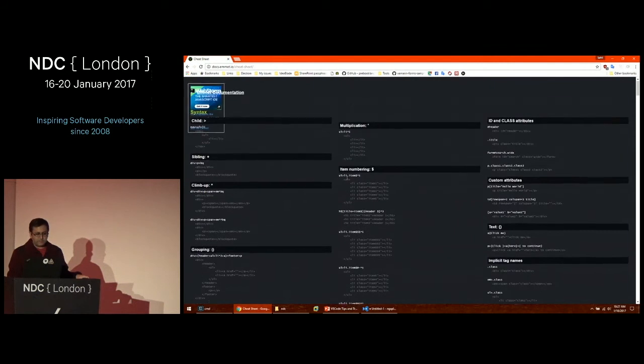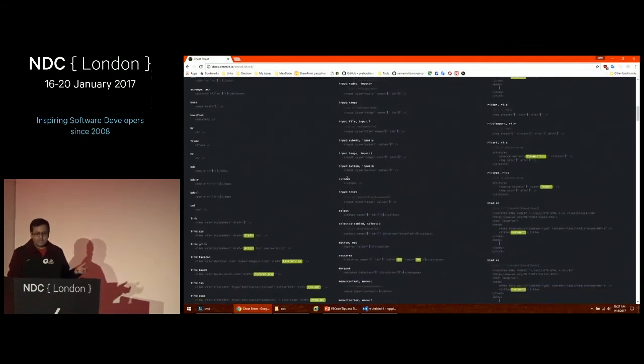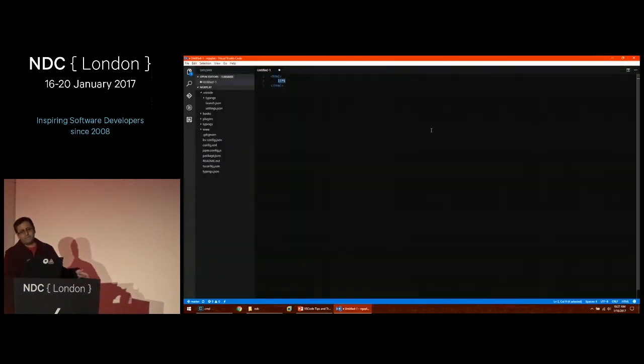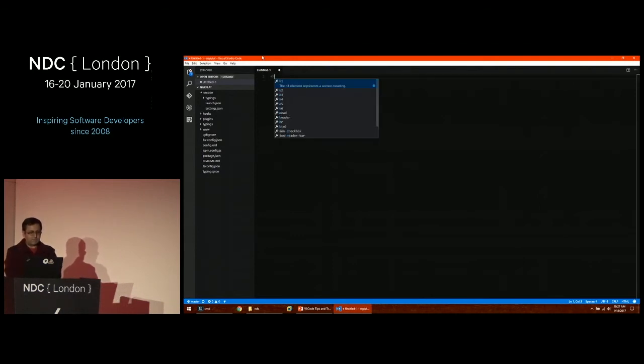And there are a whole bunch of these shortcut keys that they have that really shorten the time as you're writing HTML. It really helps out. But personally, Emmet is cool. I think it's great for demos. Personally, what I like to do is that I've just installed an extension, and I just have HTML snippets created